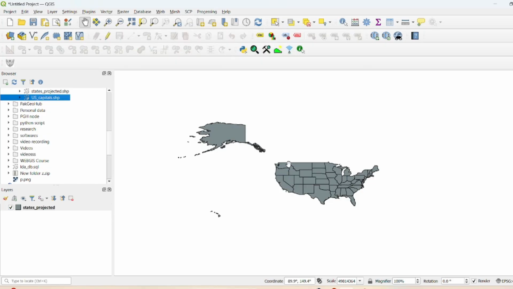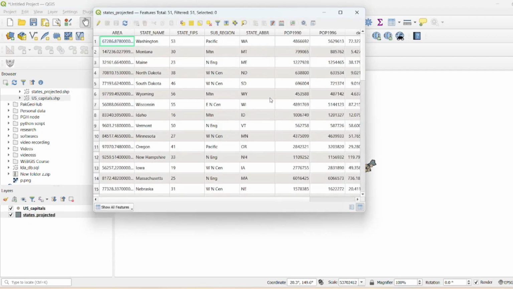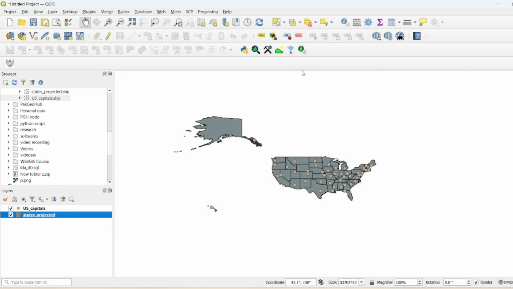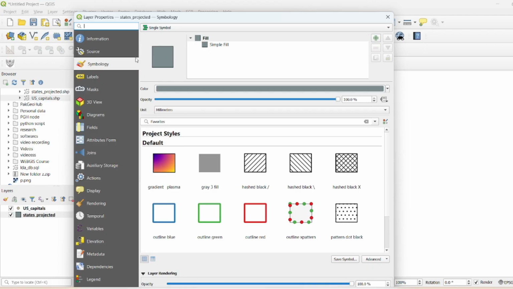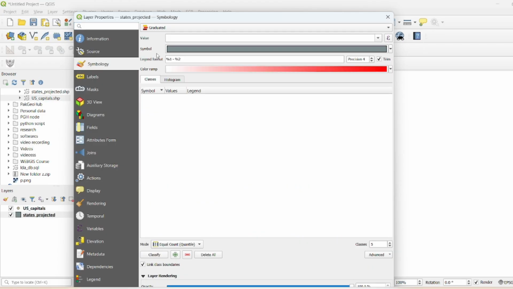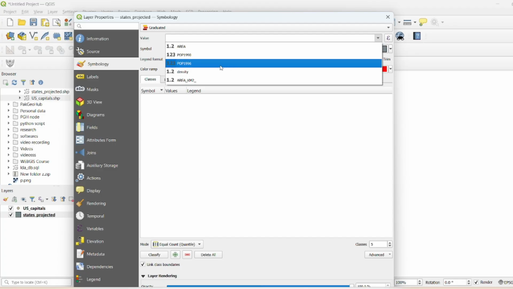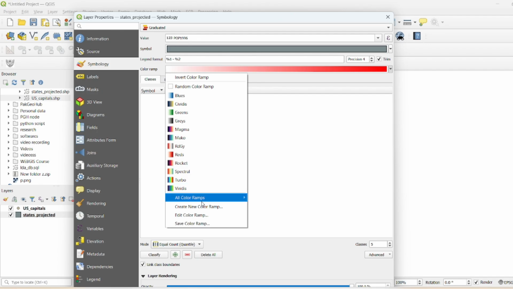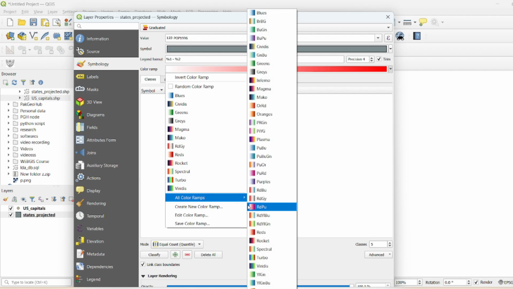I also have a point shapefile representing every state of the US. Now we know that in the attribute table the 1996 population is available in this field. So what I will do is go to its properties, then in symbology choose graduated, and from over here assign that field of 1996 and then choose a color ramp for your visualization. So let's suppose I will go with this one